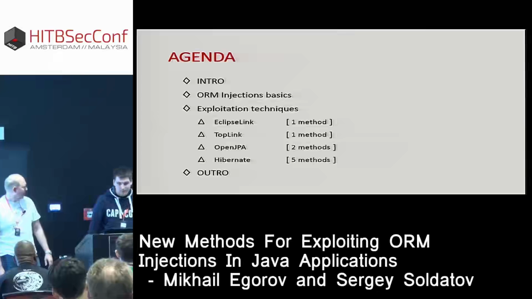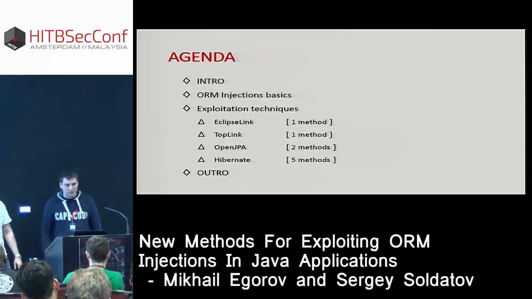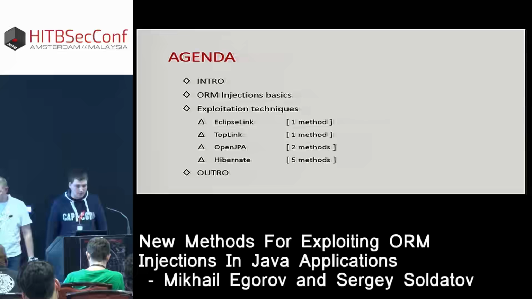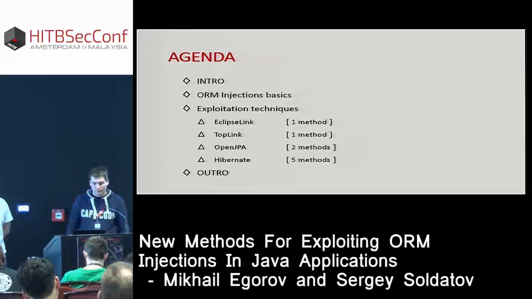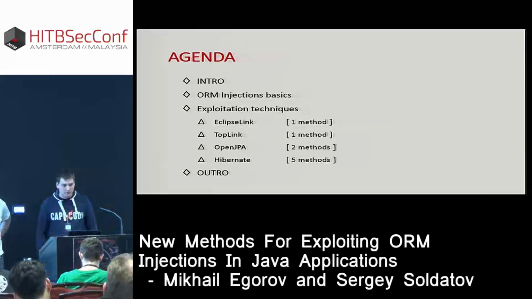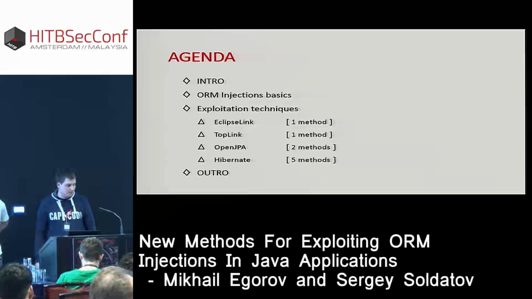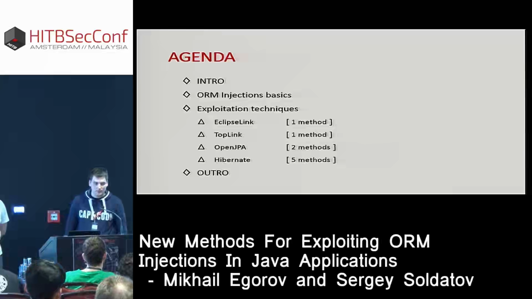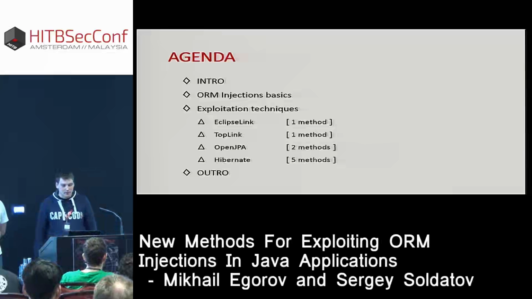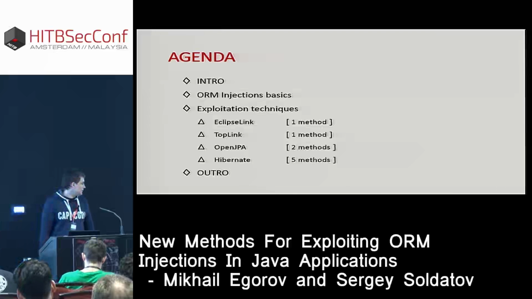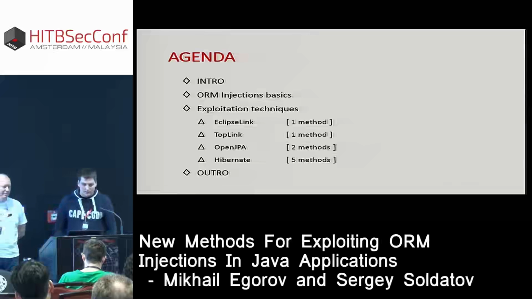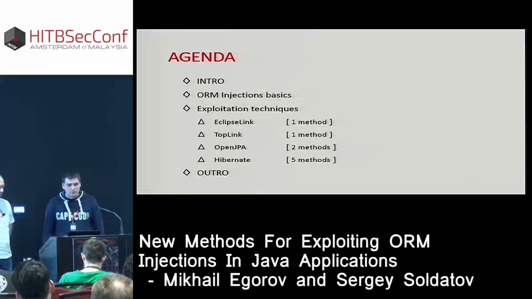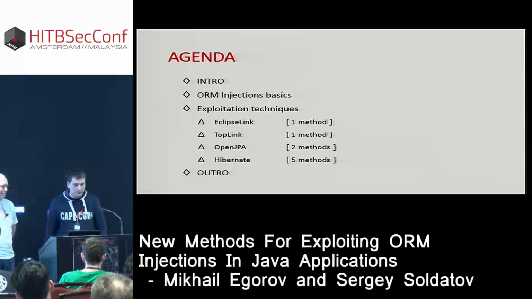Here you can see an agenda of our talk. It consists of four main parts. It has an introduction part where we'll shortly talk about what ORM is. The next part is about ORM injection vulnerability basics. The majority of slides are devoted to exploitation techniques we uncovered in different ORM libraries. And in the last part of our talk, we will summarize our techniques and present them in the form of